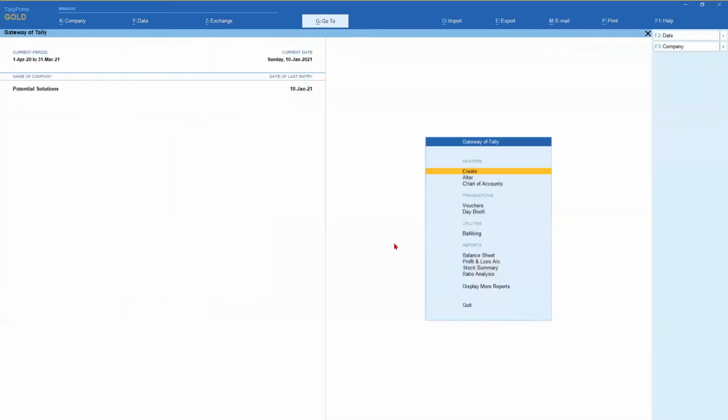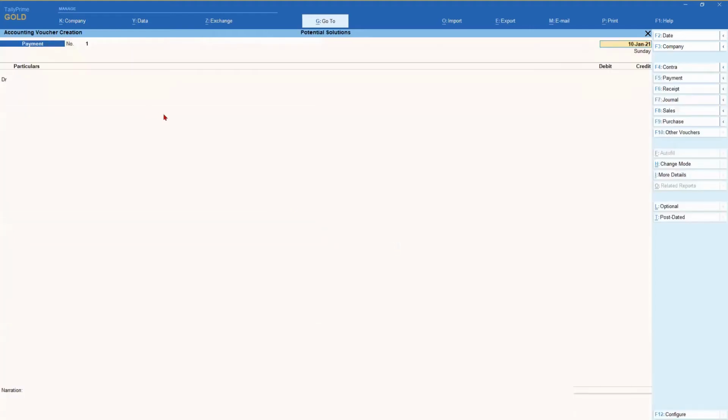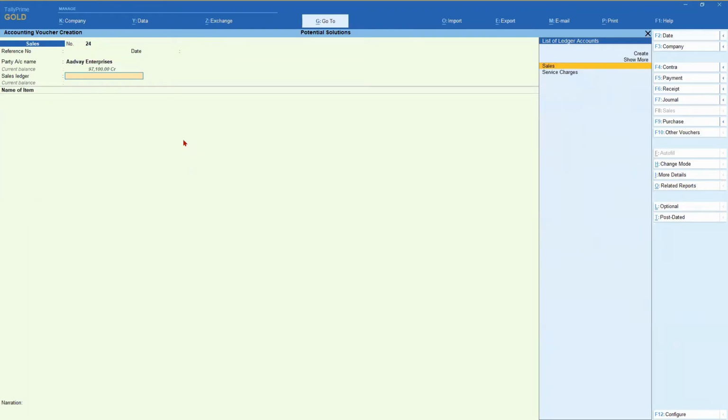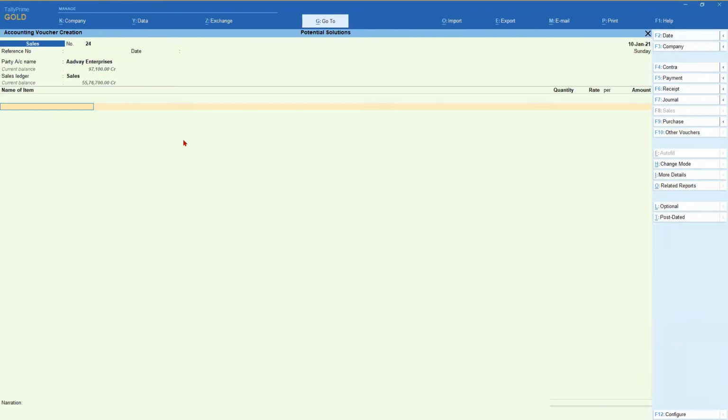So I can come back to my voucher entry and let me select sales. Okay. Party's name, I can just select any party, sales ledger, and I'm now going to sell an item with the part number. So the advantage again is now you can recall your stock item with multiple options.